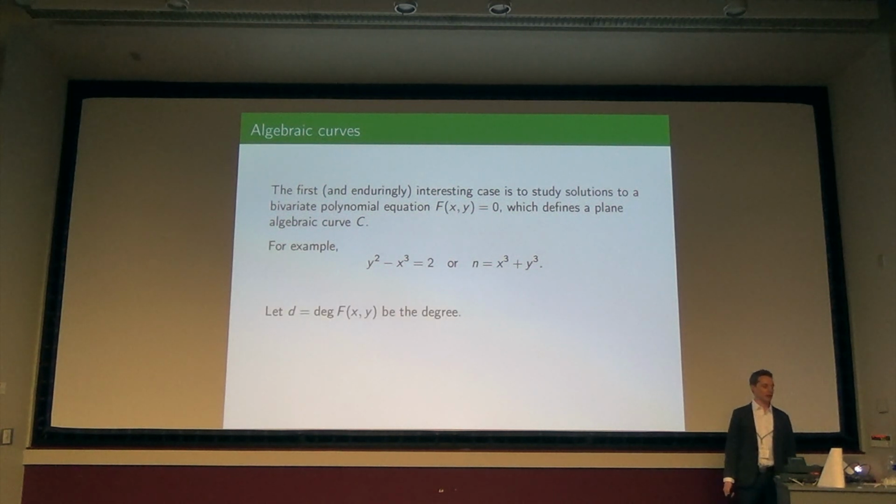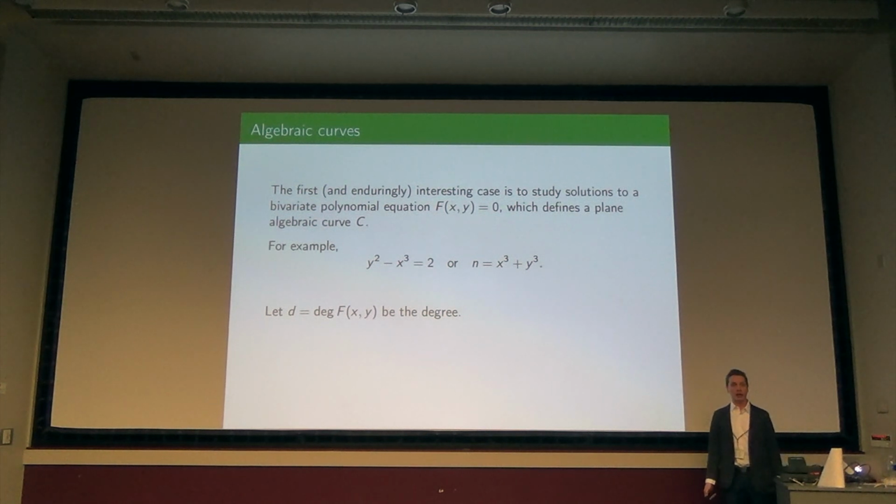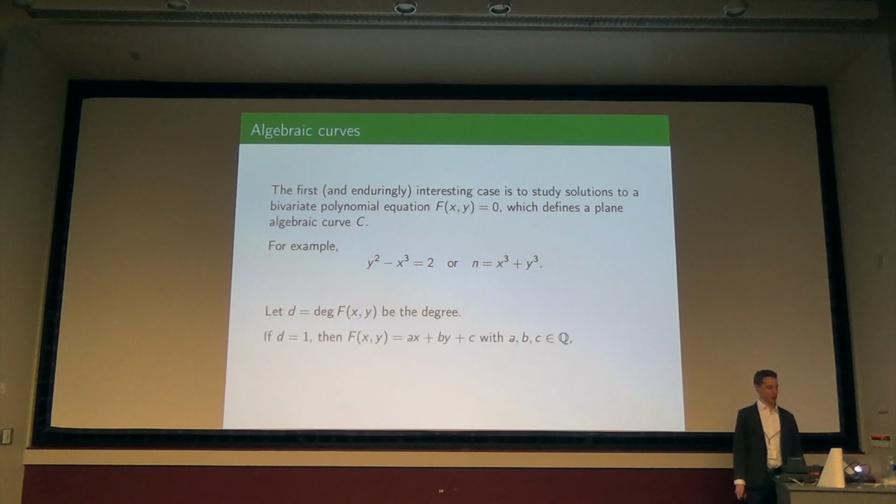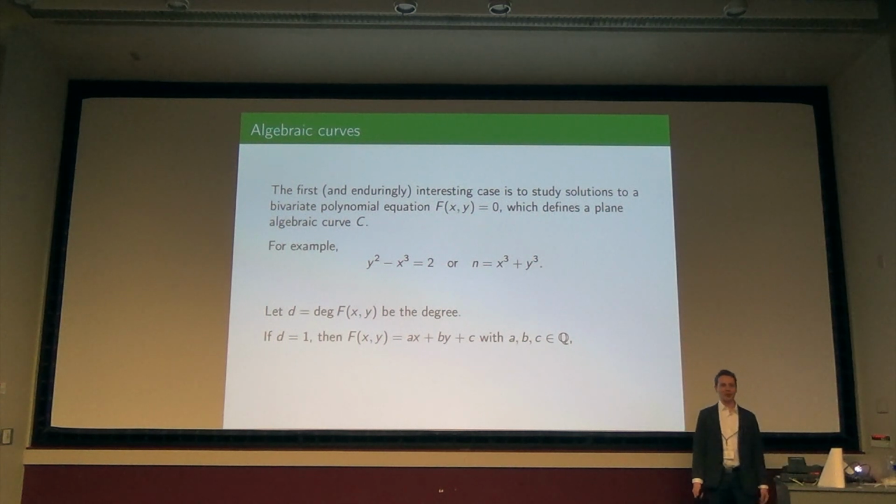Now, in order to categorize these, we have to decide where it becomes easy and hard again, in that kind of Goldilocks range. Where should we be working? Where's the frontier? So let's organize these by the total degree of the equation. In this case, the degree of both of these equations is 3. That's no accident, for reasons you'll see later on. We may want to refine by the degree of x and y in a little bit, but I just want the maximum of the degree of the monomials that appear in the equation. And as you would expect, as the degree gets higher, it should get harder. So let's see what happens with small degree. What happens if the degree is equal to 1?